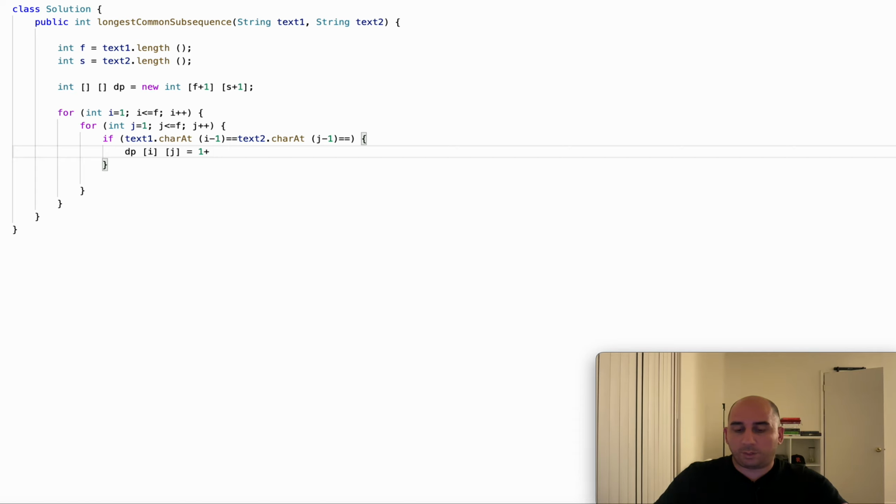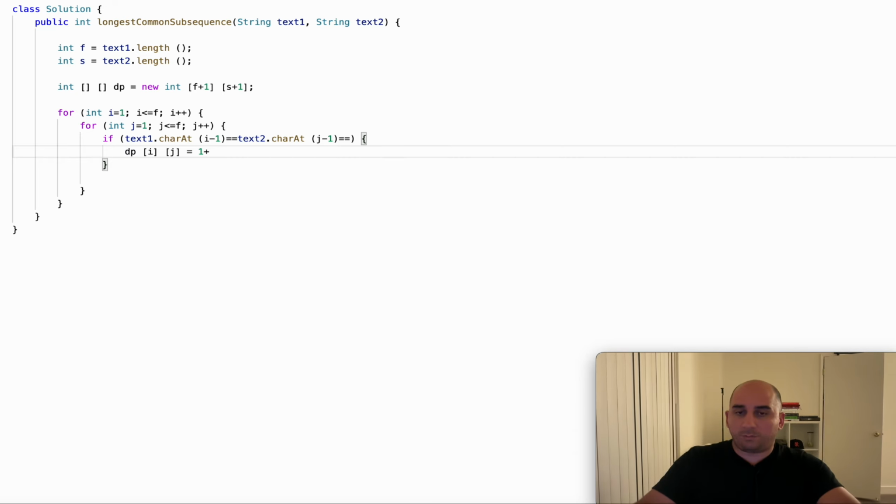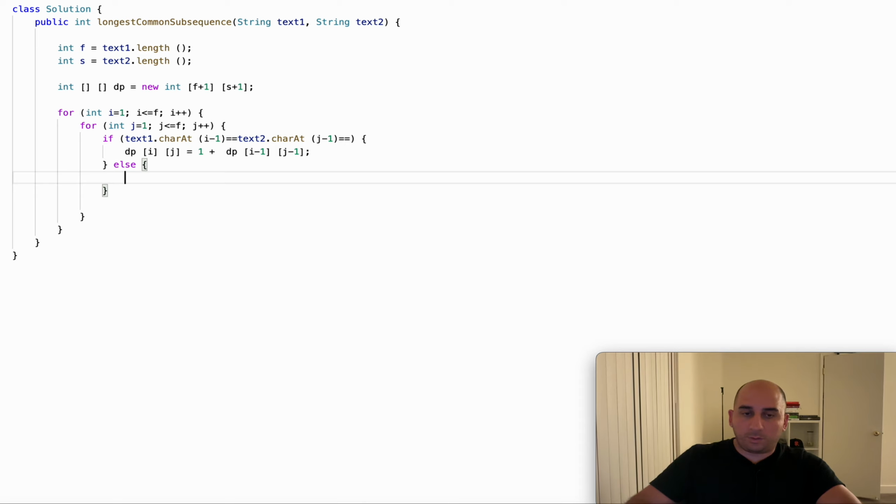plus whatever is the subproblem that we solved earlier. The subproblem that we solved earlier is dp i minus 1 and j minus 1. Else, if they are not equal, in that case, what we are going to do,